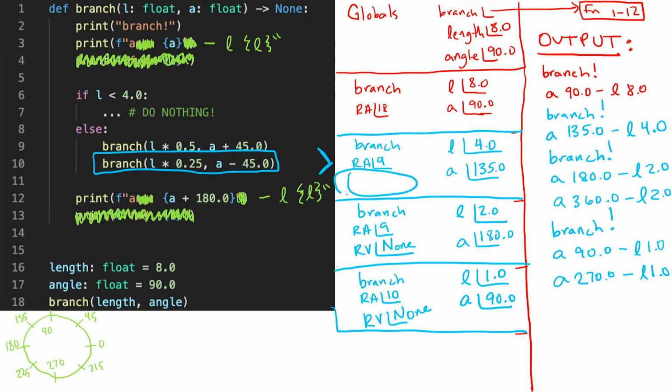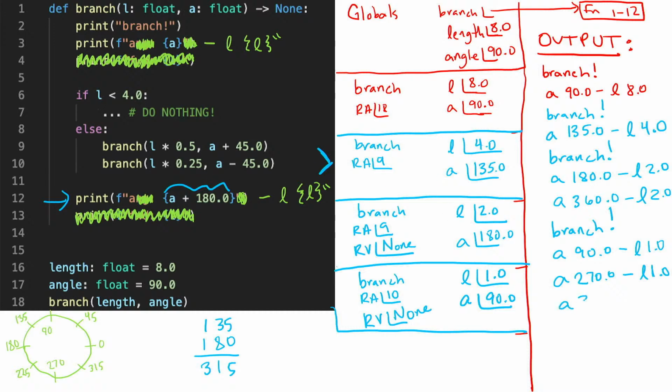And we know that because notice there's no return value, right? So we just finished this line, nothing else to do. And now what we're going to do is print A, and we're going to add 180 to A. So A is 135. It's very stressful to do very basic math in front of an audience. Okay, so 315 is what we're going to print. So we're printing A, 315